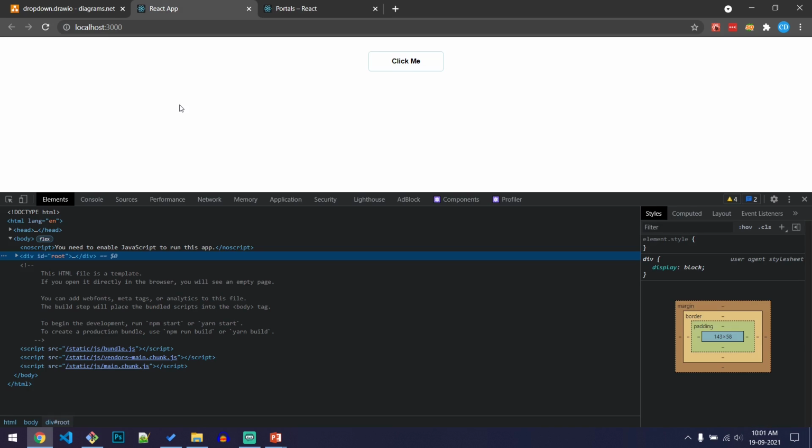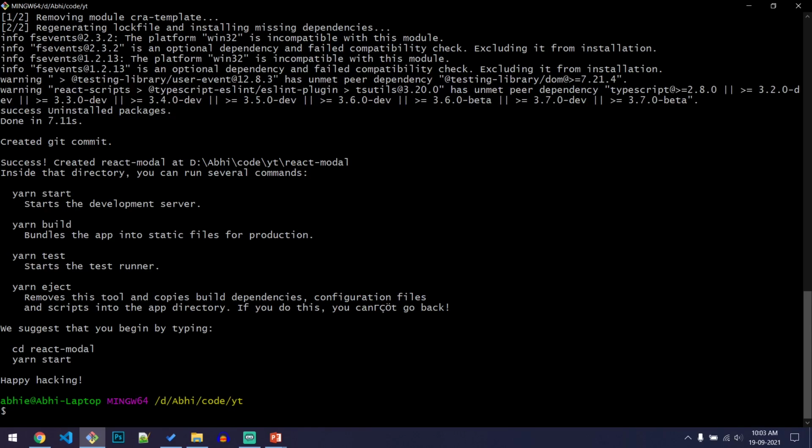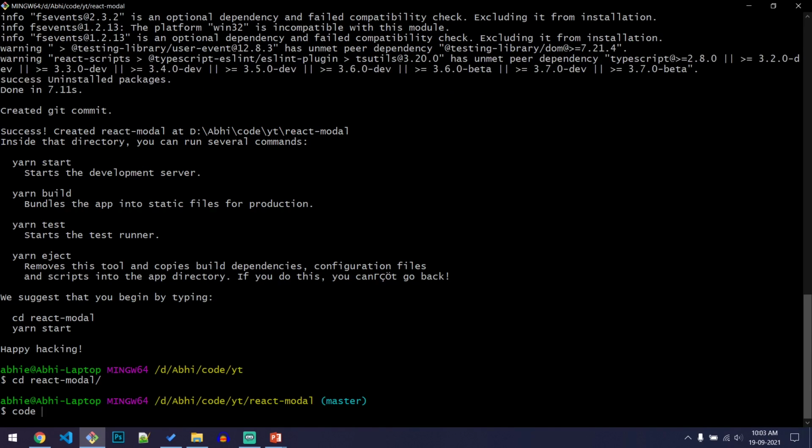So first of all, let's go ahead and create the project. Let's open our terminal and run npx create-react-app react-modal. Once the installation completes, let us navigate to that directory and open the code in VS Code.